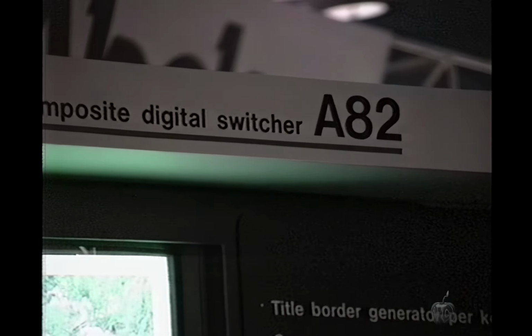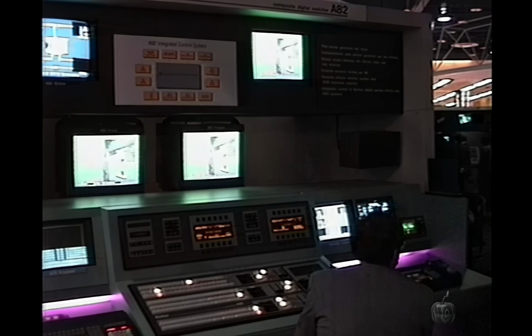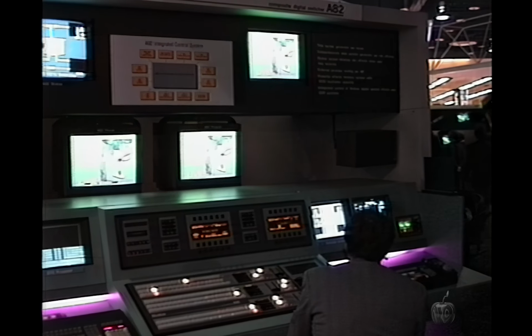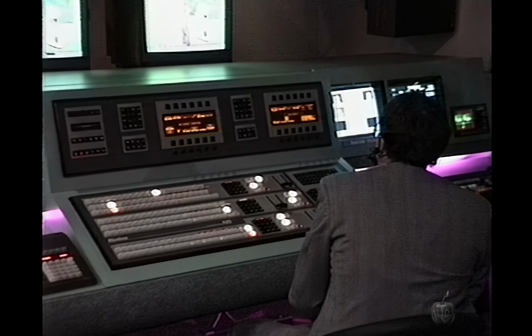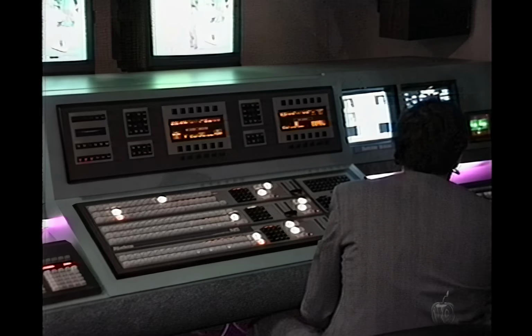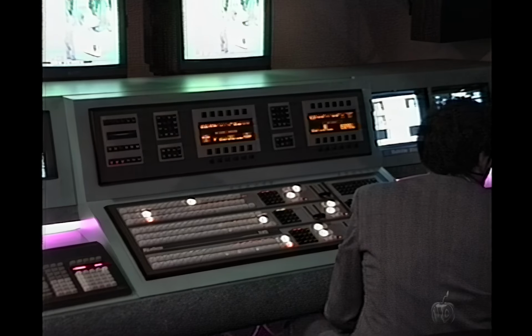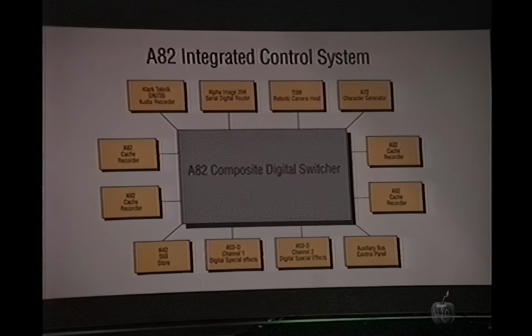We're also supporting on the Link software package a serial digital routing switcher from Alpha Image. The Abacus A82 is equally at home in analog, parallel digital and serial digital D2, and performs to the 10-bit standard, as do our optional cache machines. The cache machines will allow you to have up to 200 seconds of real-time D2 10-bit video and a simultaneous key, which can be divided into 4 real-time 50-second D2 disk machines. The cost-effective approach to the new technology in the digital disk